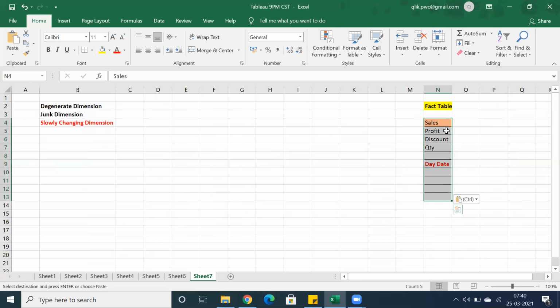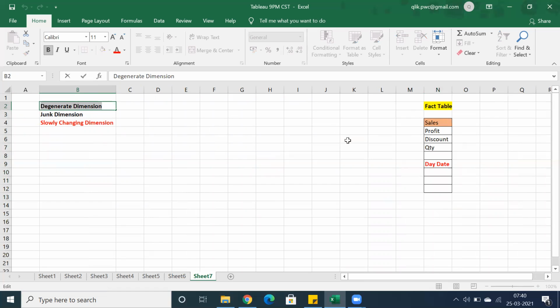Why I'm saying fact table is because basically we have facts and key columns in the fact table. Just remember, in the fact table we have facts and we have key columns.